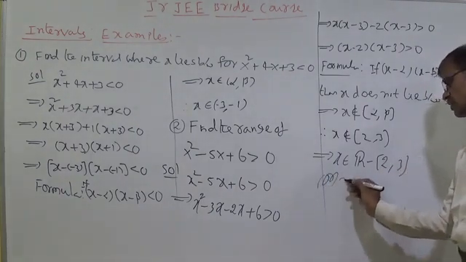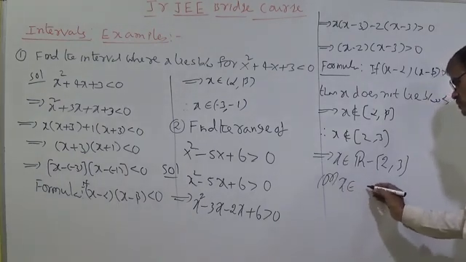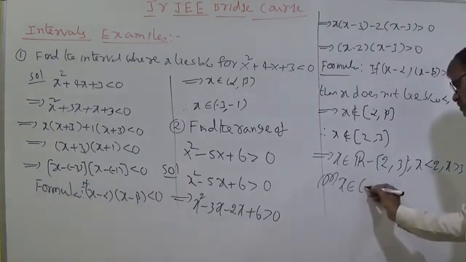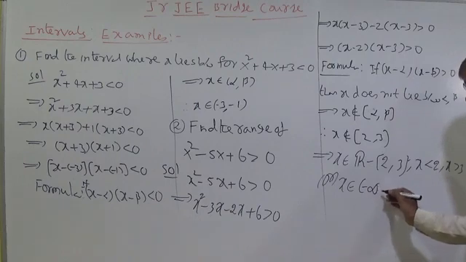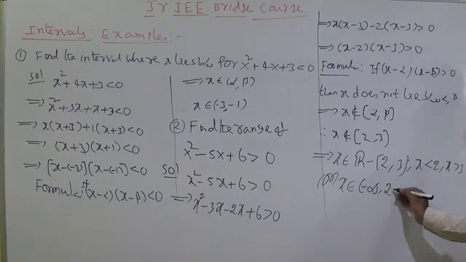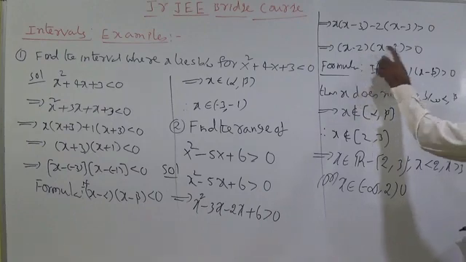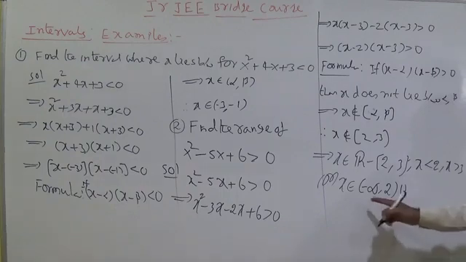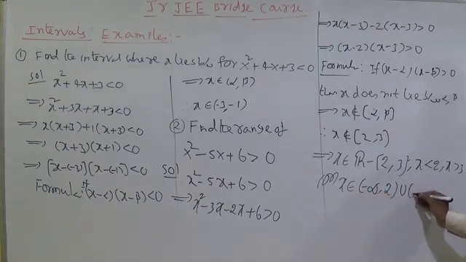Or in another way, you can understand x does not belong to 2 comma 3, that means x less than 2 or x greater than 3. Or x belongs to, you should write like this, minus infinity, the left side end of the negative x-axis. So 2 you write as an open interval because there is no 2. If you substitute here, it becomes 0. You should not get 0 here because there is no equality symbol. That is why you should write x belongs to minus infinity comma 2 union 3 comma infinity, all open